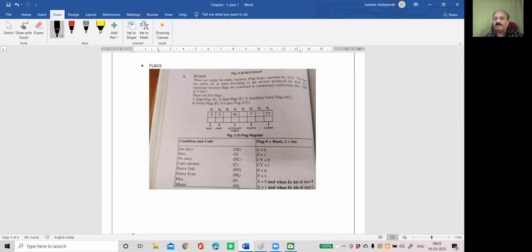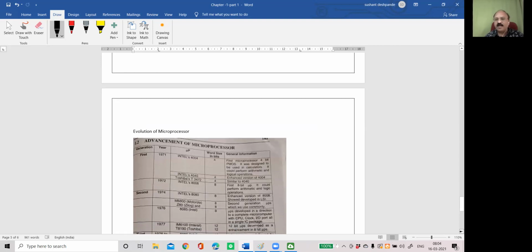You must have remembered in practicals, we have seen JNZ, jump if not zero. That is, if this flag is not zero. JC, jump with carry, if the carry flag is set. That is, this setting depends on carry flag, parity, auxiliary carry, zero, and sign. So how many bits are there in the flag register which are used by the microprocessor? 5. Bits are 8, but how many bits are used as flag? 5 bits are used as a flag.